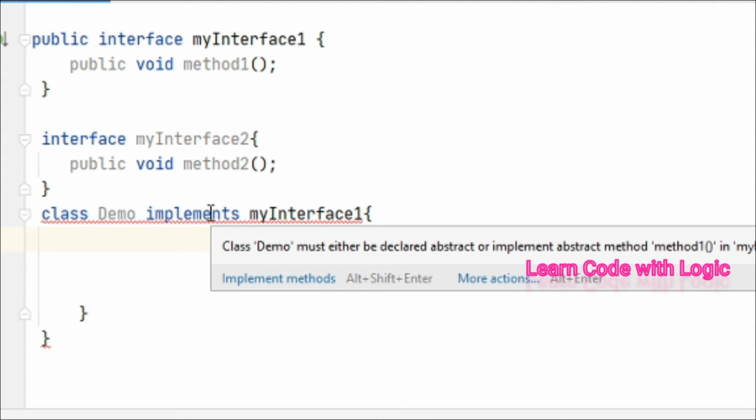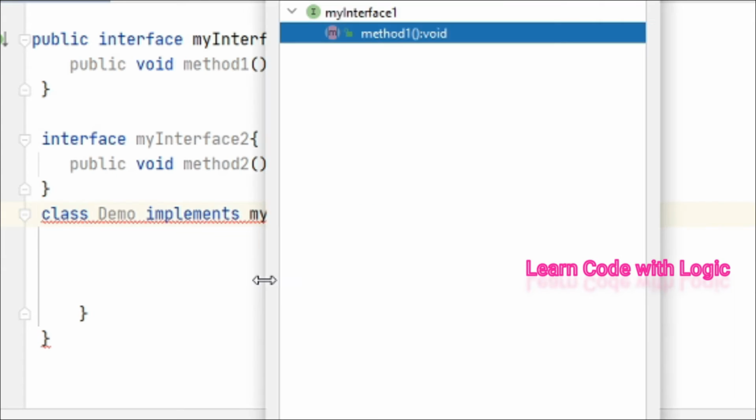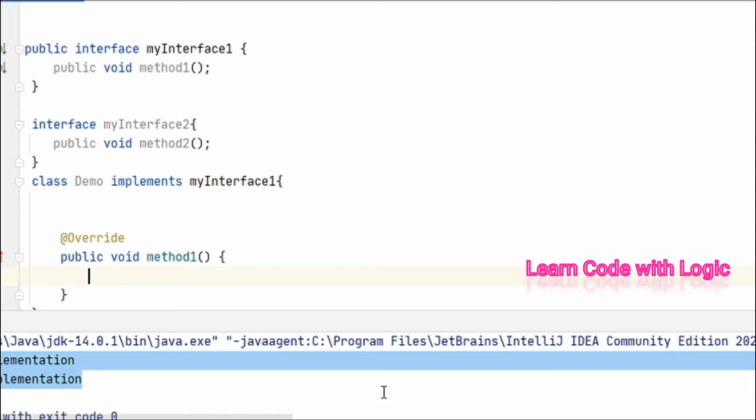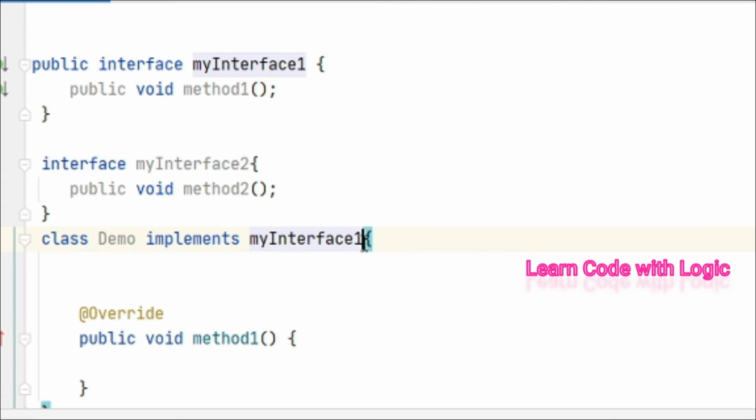Now let's go back and remove one interface. Now you can see only one method here, right? Let's implement my interface 2. This one shows an error.